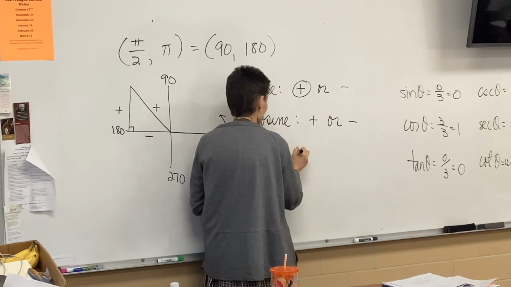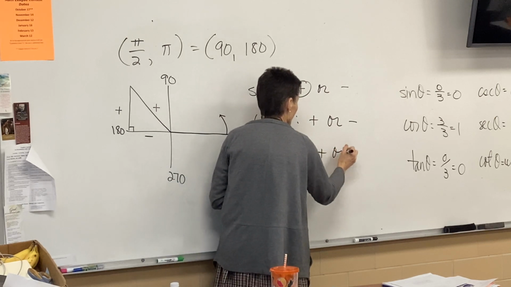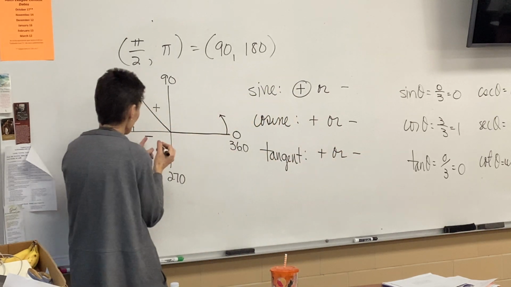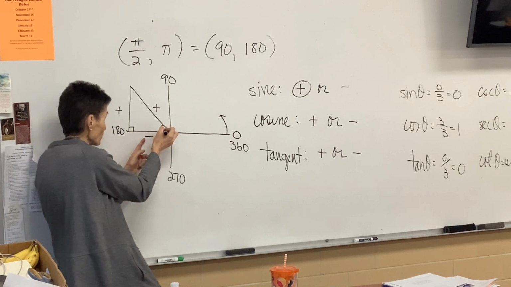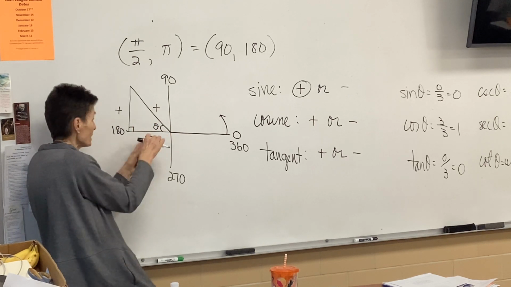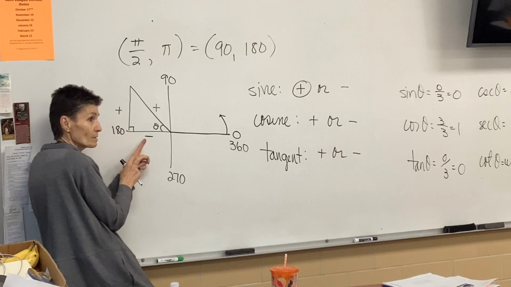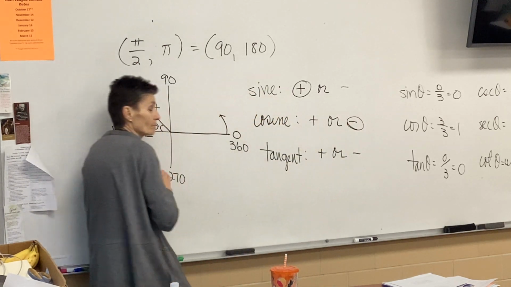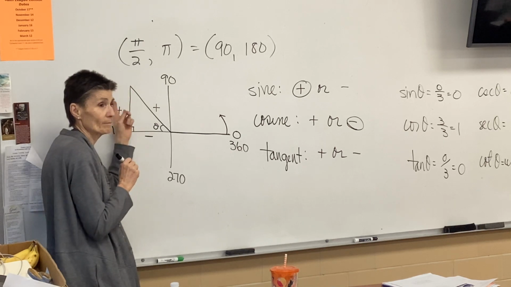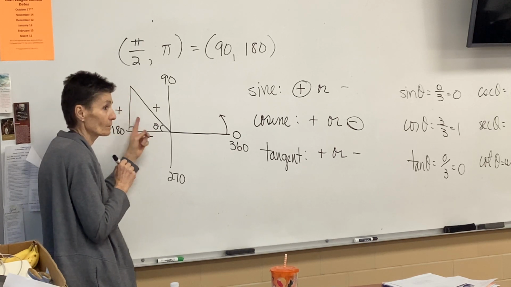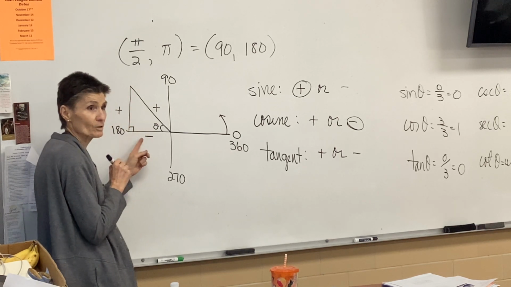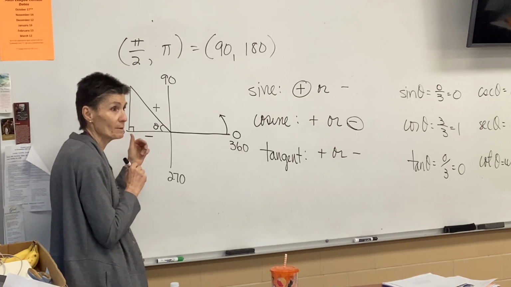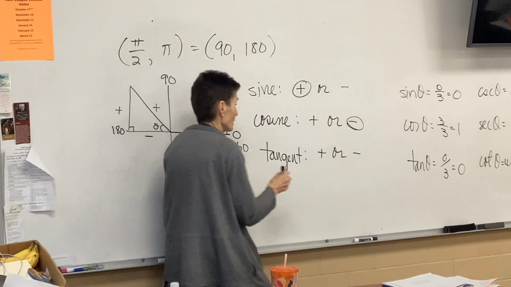It's going to be negative. Why is cosine negative? Because cosine is, here's your angle, adjacent over hypotenuse, so that's going to be negative. And then what about tangent? Opposite over adjacent, isn't that also going to be negative? Now,